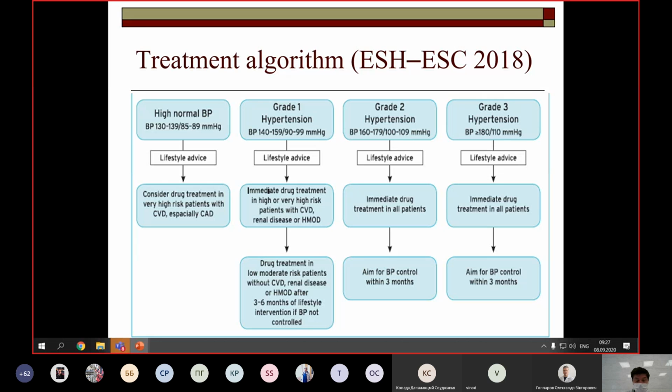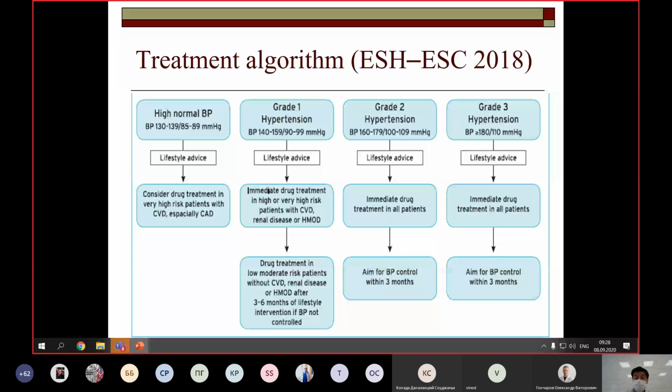Drug treatment is less urgent for a patient if low risk is established, without cardiovascular disease, renal disease, or other diseases contributing to target organ damage. Such patients should be reassessed in a period of 3 to 6 months for lifestyle intervention and the efficacy of antihypertensive therapy. For grade 2 hypertension with BP average